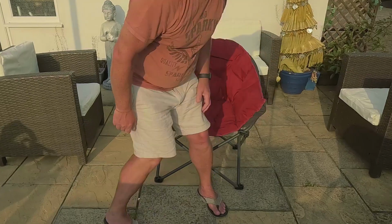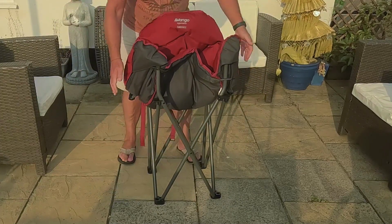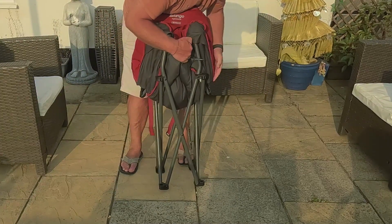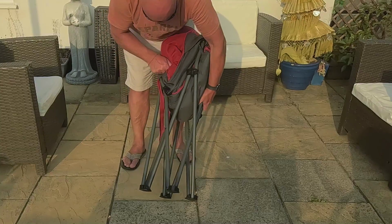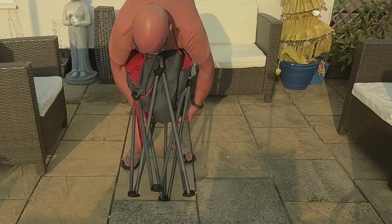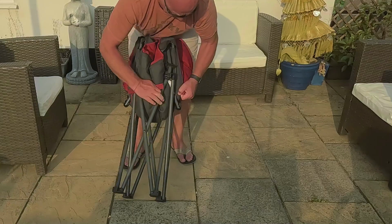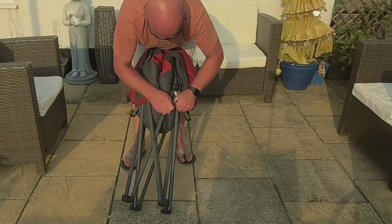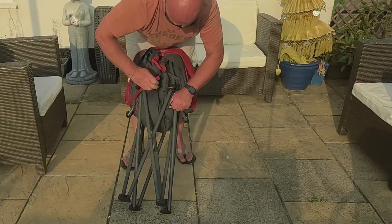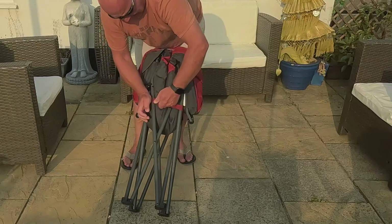Space is always at a premium in the van, isn't it? But they're nice, and they fold up. Lift up the back here, pull them, they all get tucked in. Pull it together, make sure everything's tucked in properly. And you've got these straps that go round, and this is where it's a tiny bit of an issue. It's quite difficult, so you're always finding yourself pushing a bit more in to get to this point. And there you are,